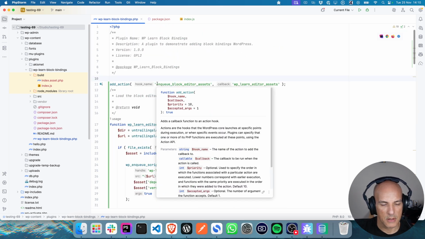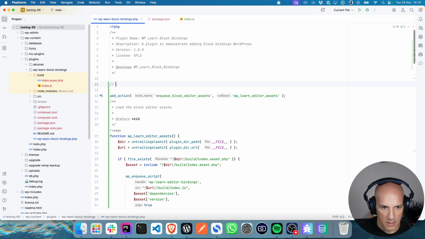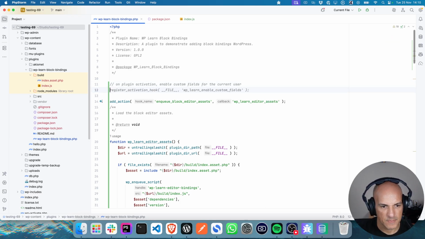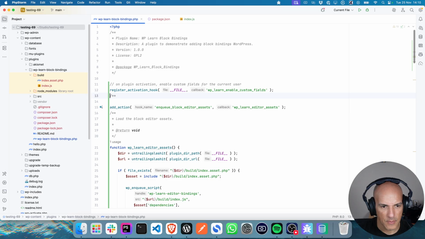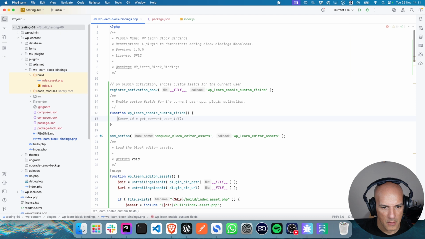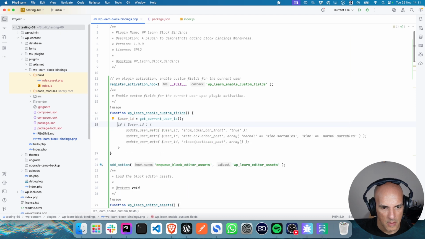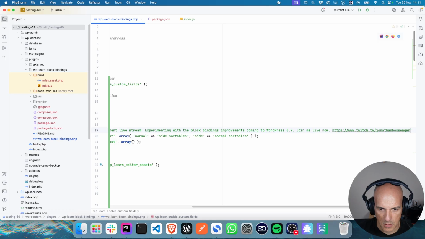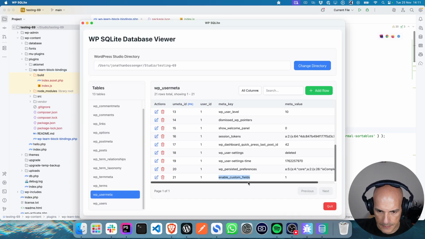Alright, so let's do this. On plugin activation, enable custom fields for the current user, so whoever activates it. Update user meta. It's going to be no. It's going to be that.